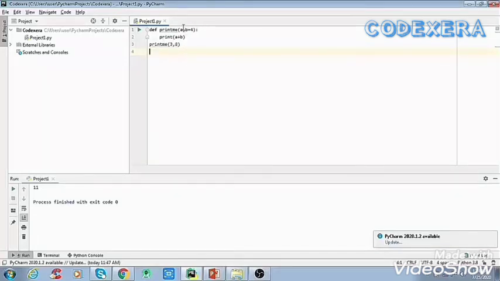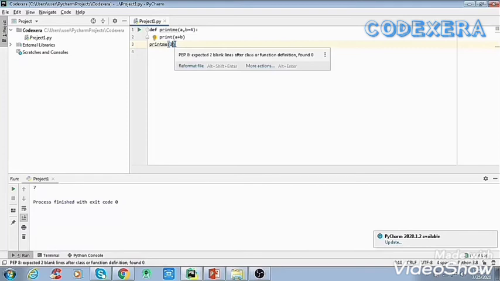Now what does this mean? Suppose we forgot and we do not provide two parameters, we provide only one parameter. Then we'll see what will happen. Here we are getting 7 even though we provided one parameter, because we have already defined a default value for b, which will be added at the time when we do not provide the value for that default argument. So this is a default argument in a function.